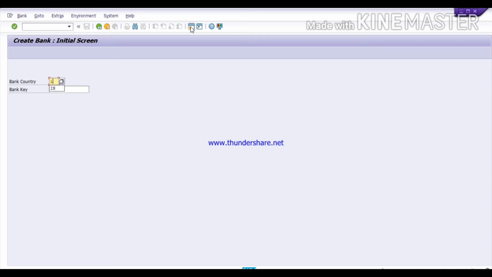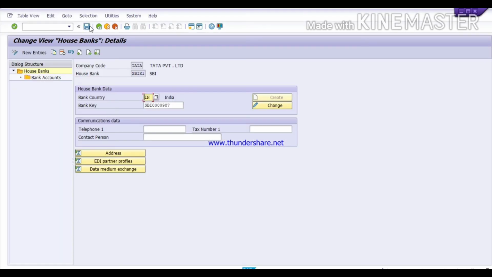Here give country IN for India and give your bank key. I am giving SBI 000987. Then click on save. Like this you can create bank key and assign at the time of define house bank.